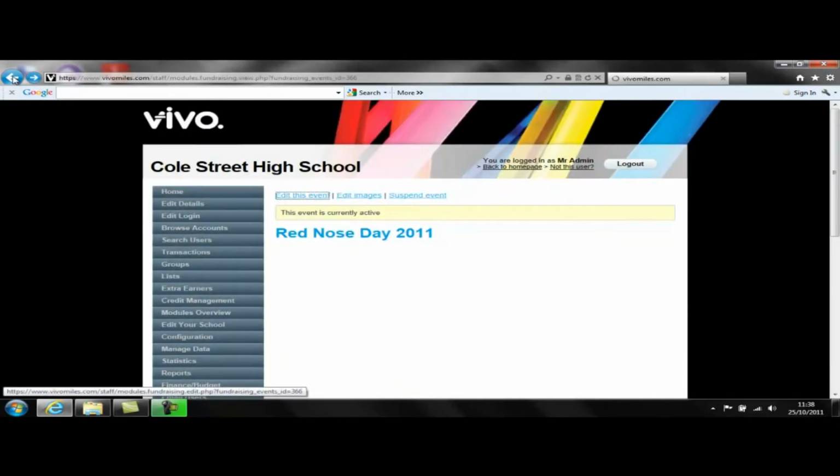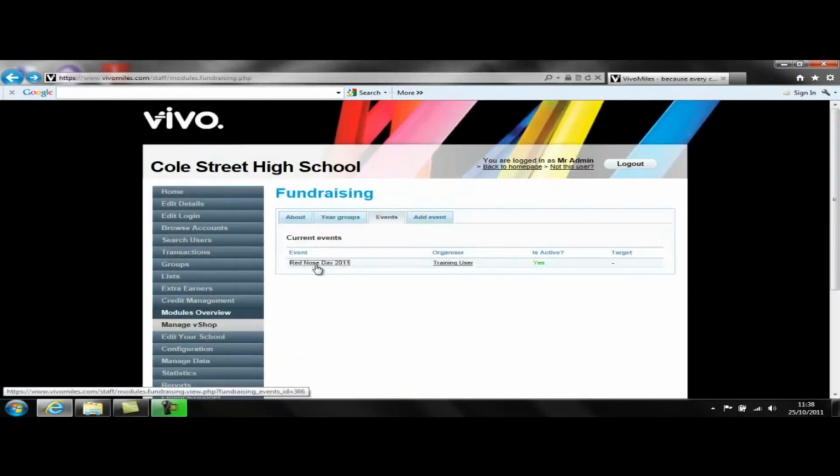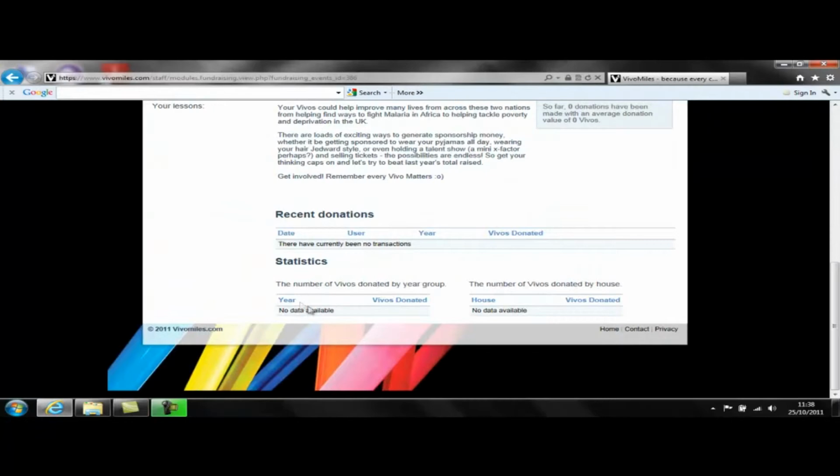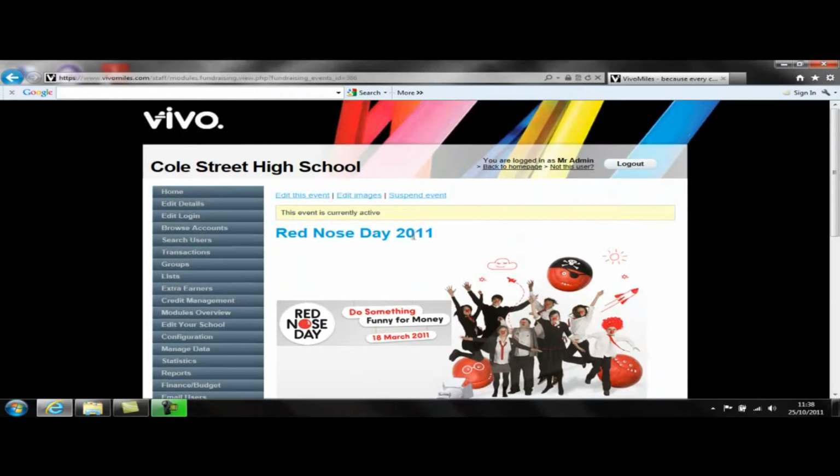and the events page will show right at the bottom of the page any donations that are made, so you'll be able to keep an eye on the donations. It'll have the donations here, statistics by year group as well and by house, so you can see the number of Vivos donated from each year group and house for that particular event, so you can keep an eye on those. Once you finish running the event for as long as you wish to, click suspend event